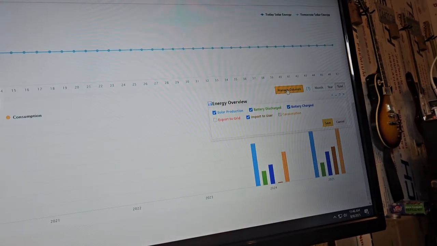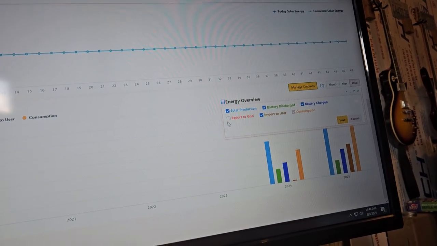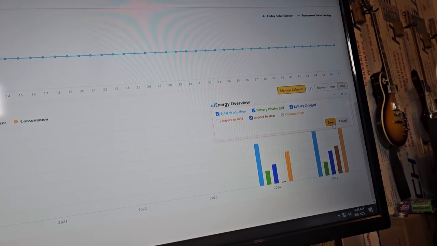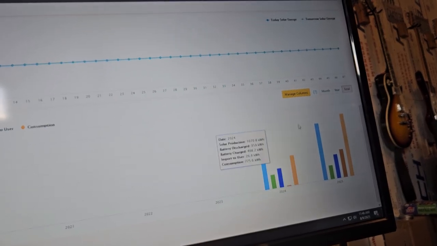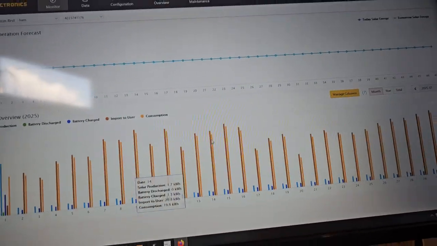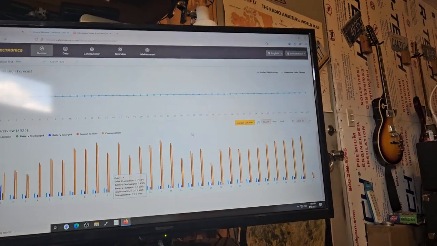You can manage these columns and say whatever you want. The export to grid is not an option because this inverter doesn't do that. But I usually look at it on kind of a monthly, daily basis. So anyway,